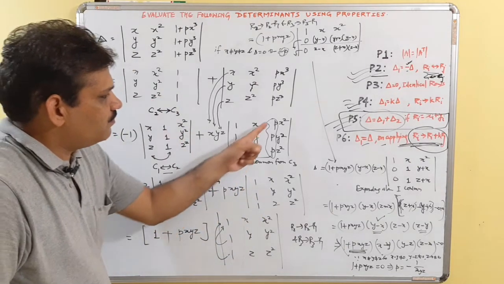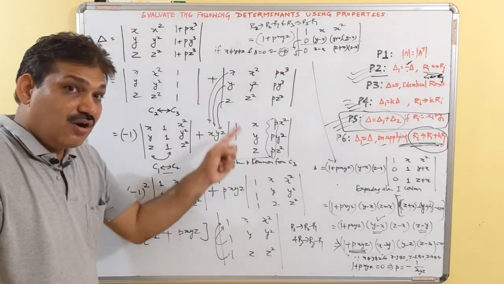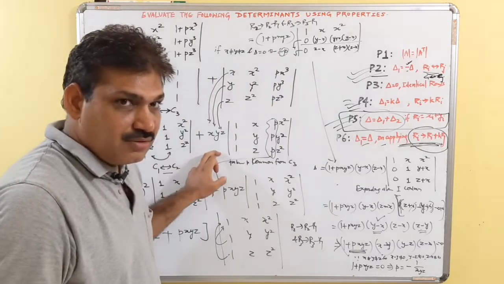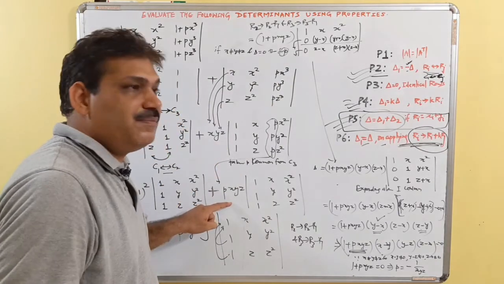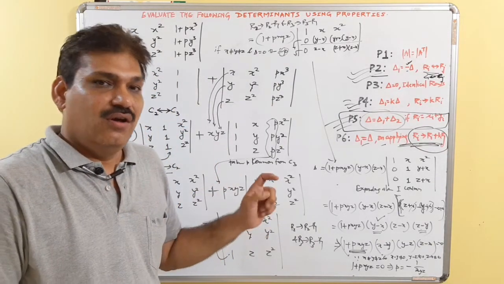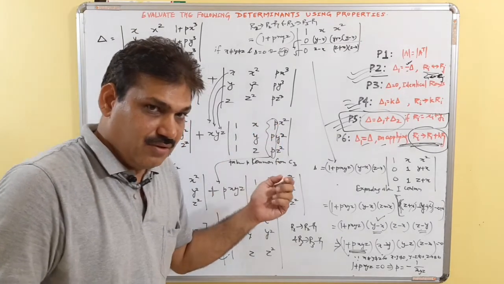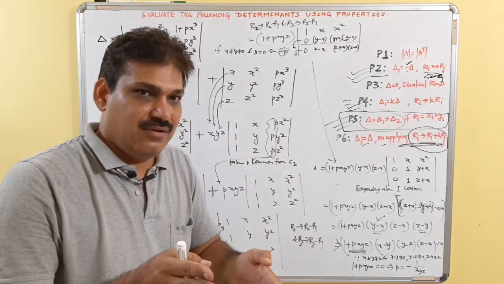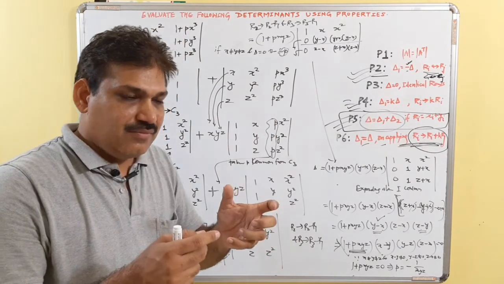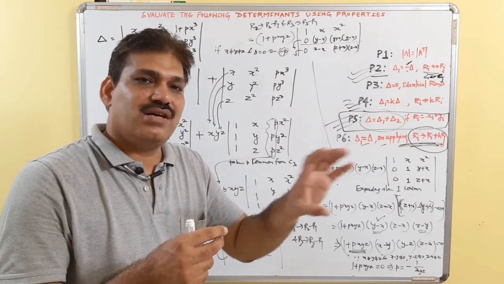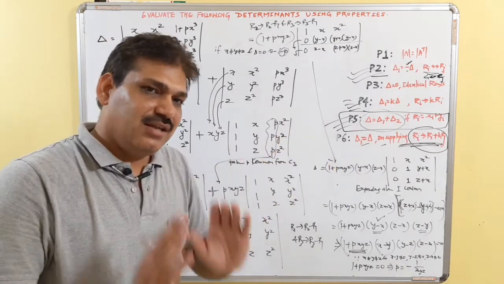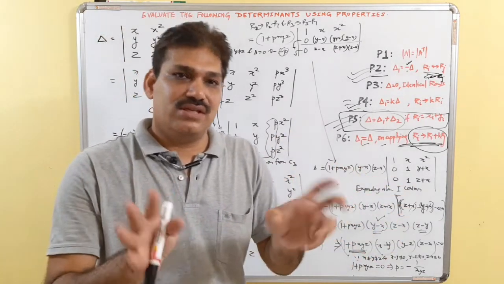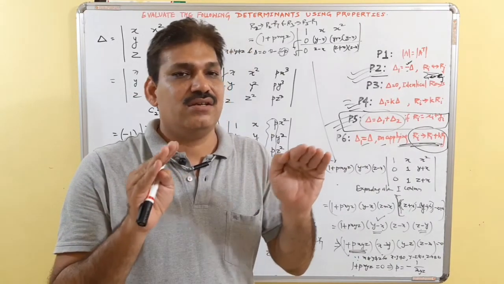In the next step, we took p common from a column. Mind it, I used the property in row. In the next step, I use the property for column, that is, I have taken common from column. Don't mix row and column in a single step. In one step you can use row transformation, then in the next step you can use row or column, but not in a single step mixing rows and columns. That is to be taken care of.